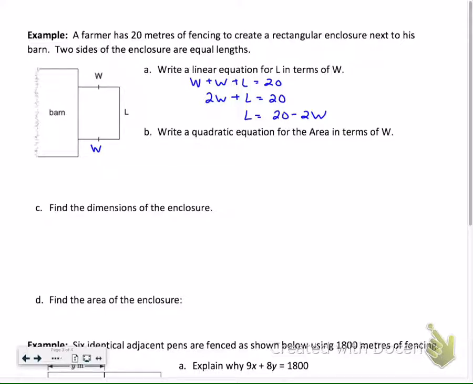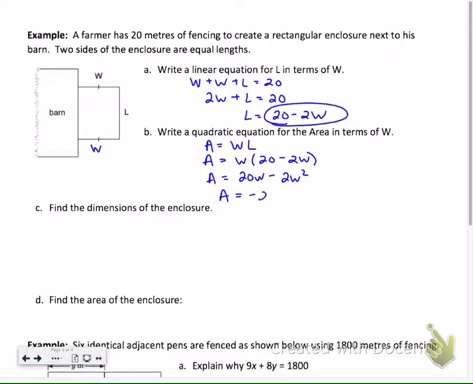Okay. Now write a quadratic equation for the area in terms of W. Okay, so my area would be W times L, or length times width, whatever you want to do there. So I only want the equation to have a W in it. That's what in terms of W means. So I'm just going to take this right here, this length, and replace it. That way they're all W's. So W times 20 minus 2W, 20W minus 2W squared,